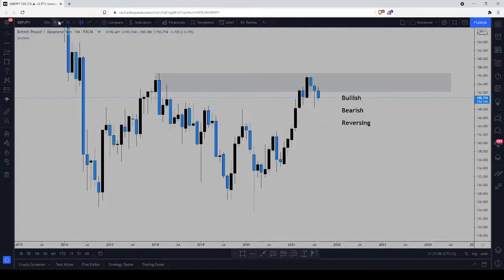So it's not like we're going to go on the 4 hour time frame and say, okay, it looks like we're bullish now. Oh, okay, it looks like we're bearish now. Oh, okay, it looks like maybe we'll make a turn and start reversing now. No, we do this only on the monthly time frame, and I'll explain how we read this chart in another video. This is the only time frame that we use to get a directional bias. We don't trade the monthly, we just use it to see if we're bullish or bearish. Okay, then